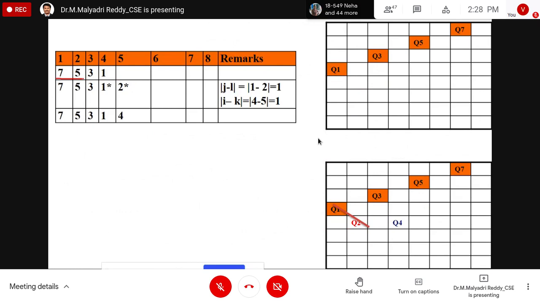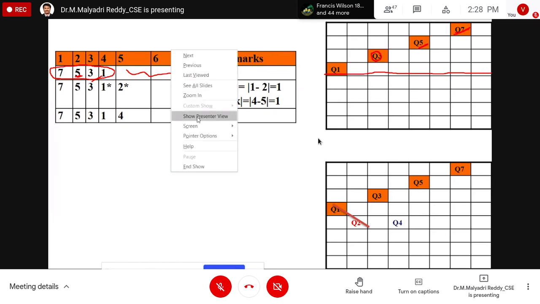These 4 are the given tuples. So my intention is to place 8 queens in 8 rows. Already the first row is placed with the 7th column queen, that is given. Second row is placed with the 5th column element, 2, 5. Third row this one. Fourth row is placed this one. This partial solution is given. Next I have to place these 4 rows, 4 tuples.